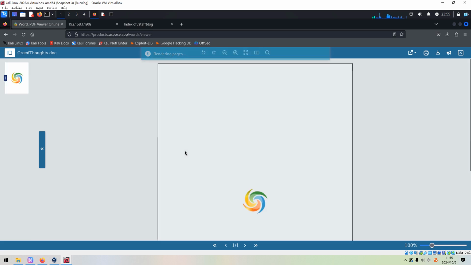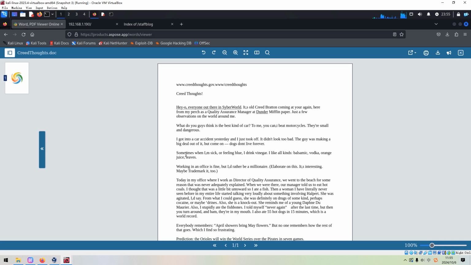Now it's loading, and then we can view the content of this document. Loading documents, rendering pages. I think this website can give us a lot of convenience with regard to the Microsoft document.